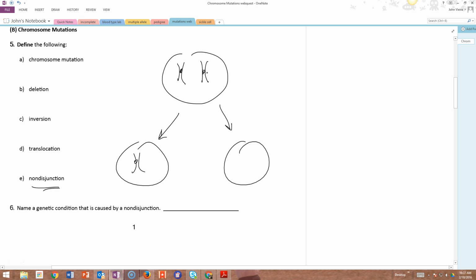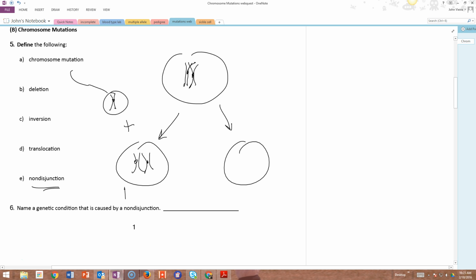Nondisjunction is when these guys, which get together really closely in prophase 1, and a lot of the time what you get is this crossing over that occurs, and they kind of overlap. They get stuck together, and both of them end up going into one gamete. And so if a sperm were to come along, which is haploid, so it only has one copy of each set of chromosomes,